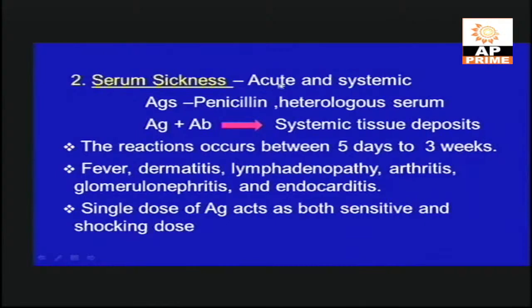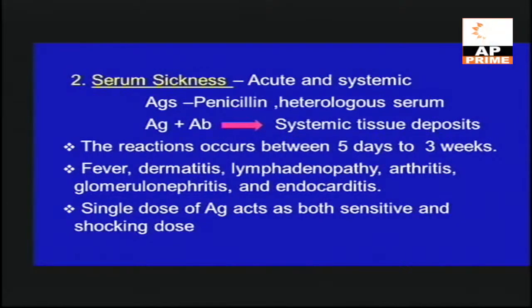And the second one is serum sickness, which is very acute and systemic, meaning it involves so many organs of the host body. Here the antigens like penicillin or heterologous serums like diphtheria antitoxins or tetanus antitoxins, foreign materials, when they are introduced into the host, the antigens combine with the antibody, forming systemic tissue deposits, and the reaction occurs between 5 days to 3 weeks,